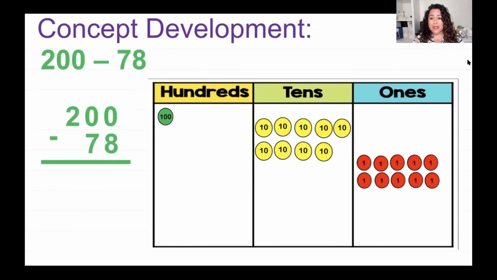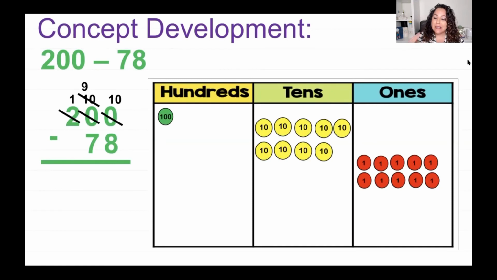But before I do that, let's show you what this looks like on the algorithm. So now instead of 200s, I have 100, and I did have 10 10s, but then I had to use a 10 to get some 1s. So now I have 9 10s, and then I don't have 0 1s, I have 10 1s. So once I have my algorithm set up and I have my place value chart, now I'm really ready to